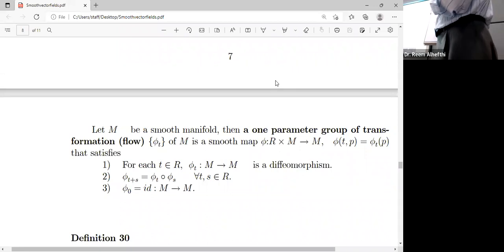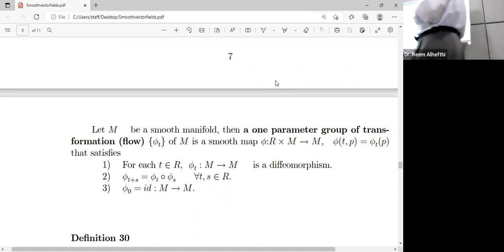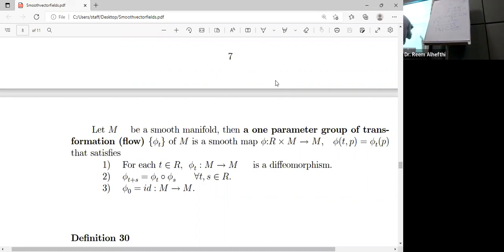This t going to phi t is a homomorphism, and phi 0 we want to be the identity. So by a one parameter group of transformations or a global flow phi t, we need a one parameter family of diffeomorphisms of M